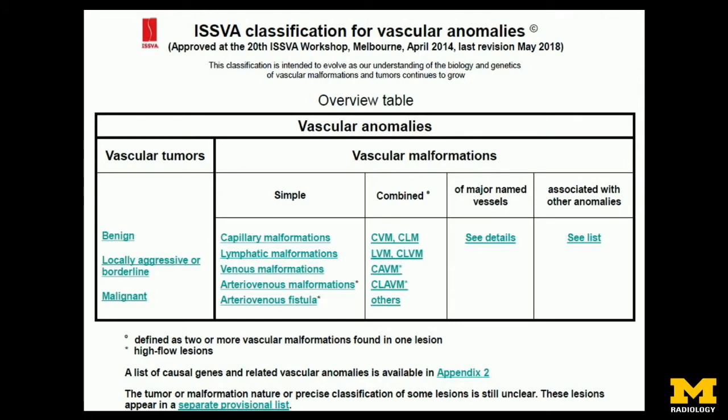With classification, as you know, there is the international consortium which met in Melbourne in April of 2014 to come up with this comprehensive classification system, which basically looks at vascular anomalies in terms of either vascular tumors or vascular malformations. As you can see here,